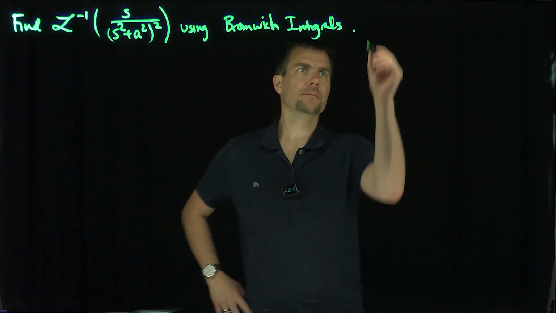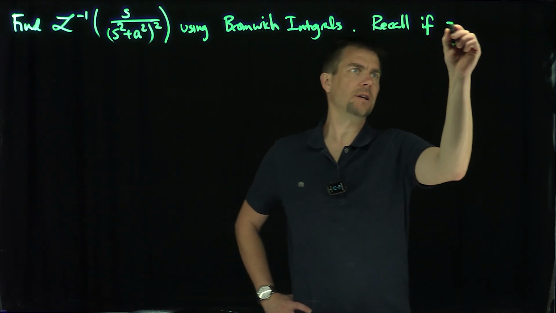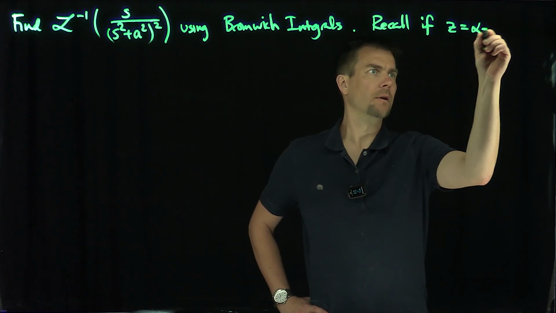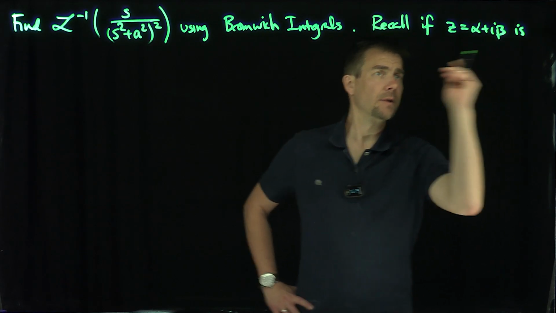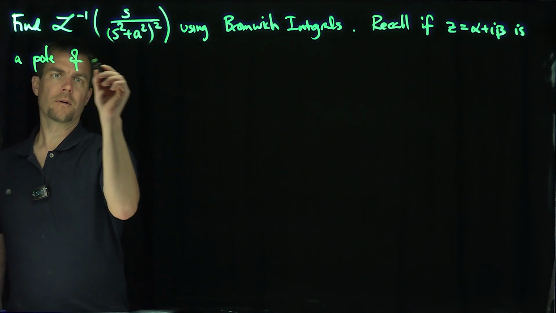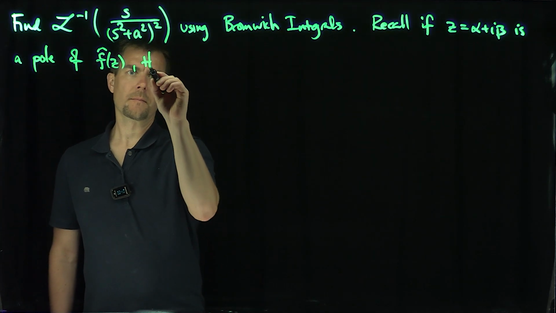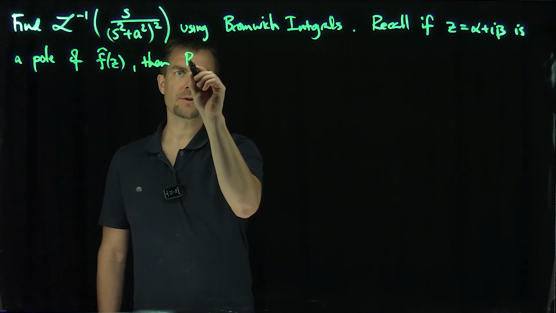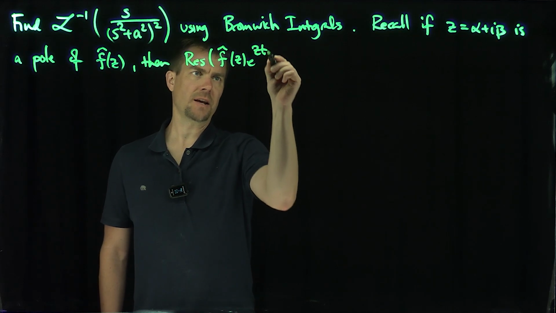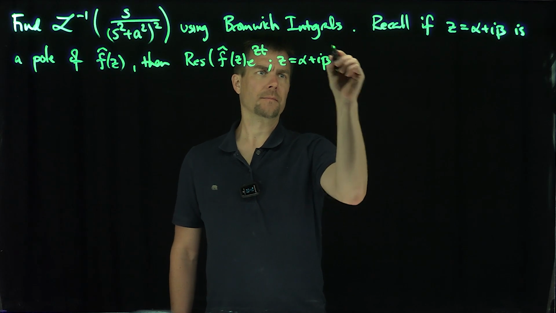So let's recall that if z equals alpha plus i beta is a pole of f tilde of z, then the residue of f tilde of z times e to the zt at z equals alpha plus i beta